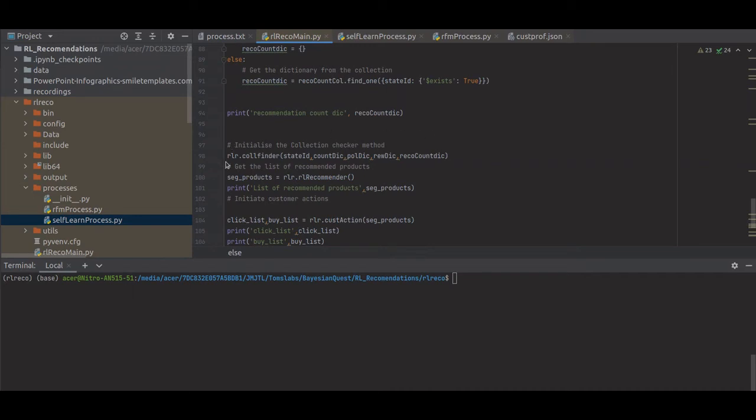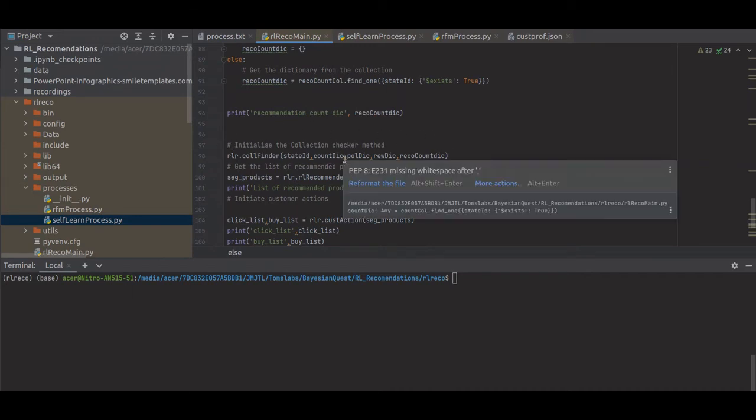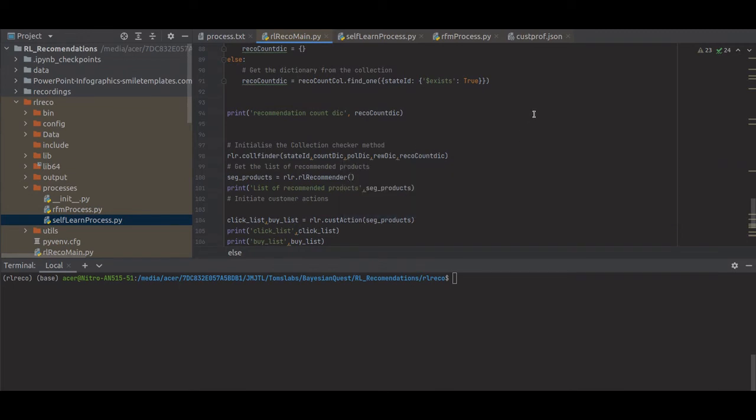Once this is done, if the state ID does not exist, we create that instance for the state ID in those dictionaries. Otherwise, we will get a null value error or key error saying that the state ID does not exist. That's why we use this initialization process.